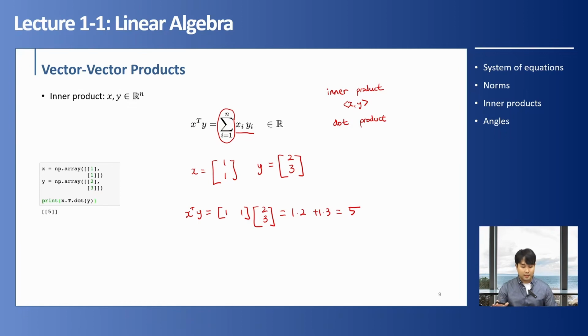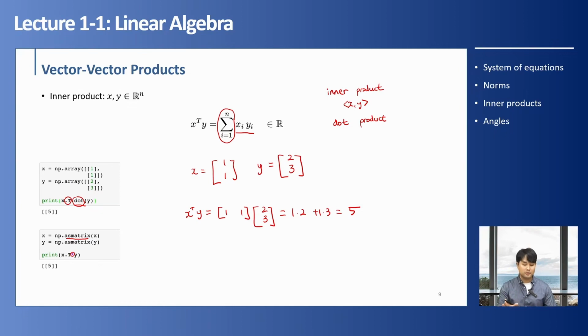To implement this in Python, we simply have to use NumPy's dot function, which is what we've previously used to represent the product between a matrix and a vector. And to represent a transpose, we simply have to add .T to the end of an array. Now, because we had a second way to represent our arrays, we can use NumPy as matrix. And in this case, instead of using NumPy's dot function, we can simply use the multiplication sign to represent the